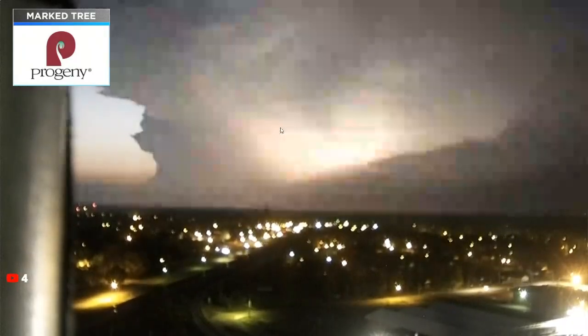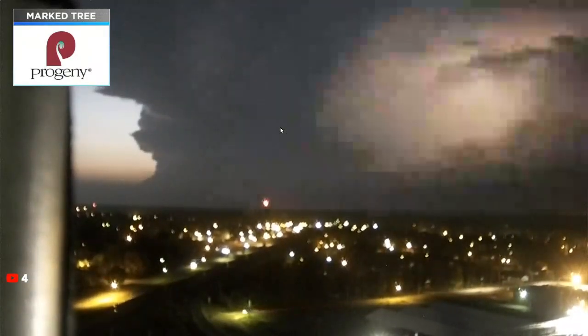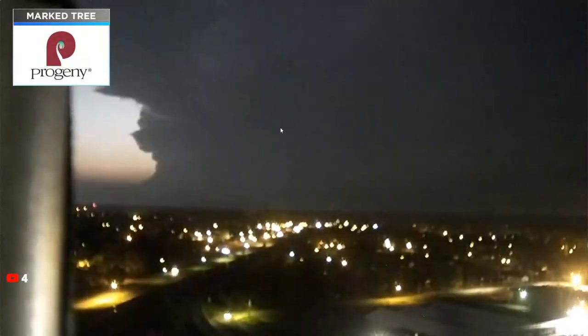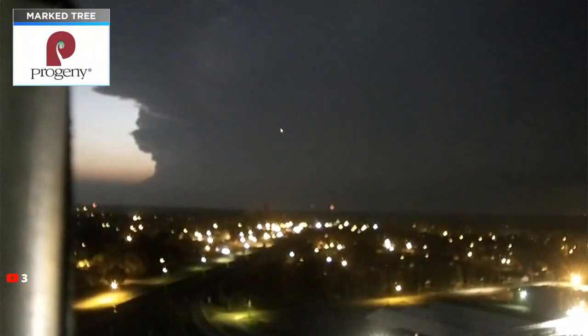So this is a serious storm. Even if you're not in that area of rotation, you need to be indoors and not outside, because there's about 4 or 5 lightning strikes within 5 seconds. So that's about a lightning strike every second. That's just a very strong storm and has a lot of energy with it. Unfortunately, it's still too far away, and with it being dark and the sun setting, we can't really see underneath that storm very well. But as a whole, we can see the body, the updraft, and the main area of that storm pretty well